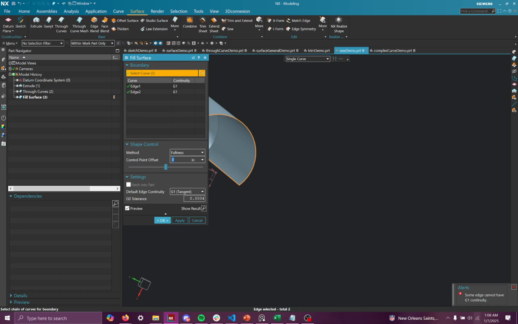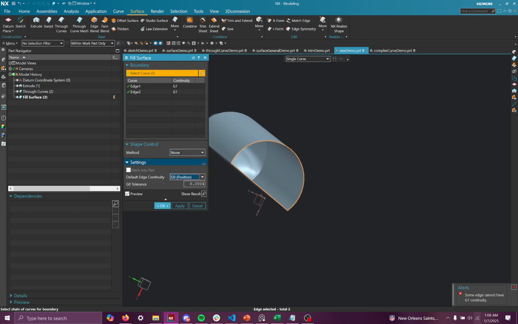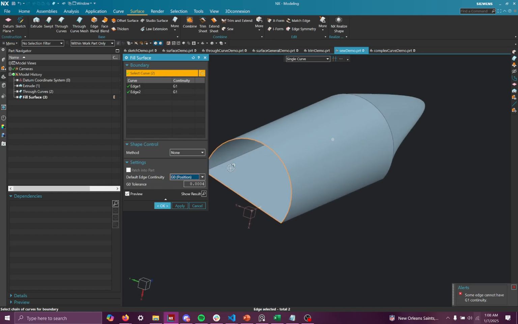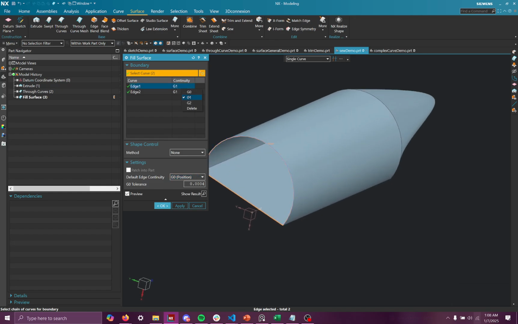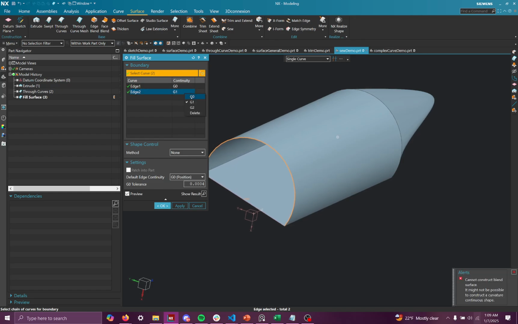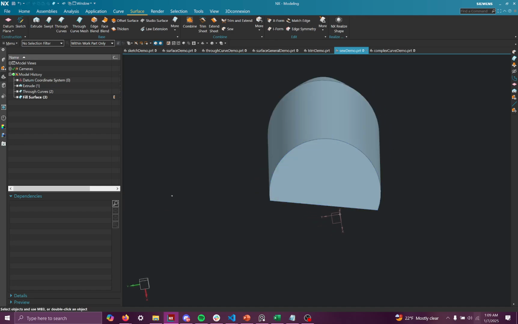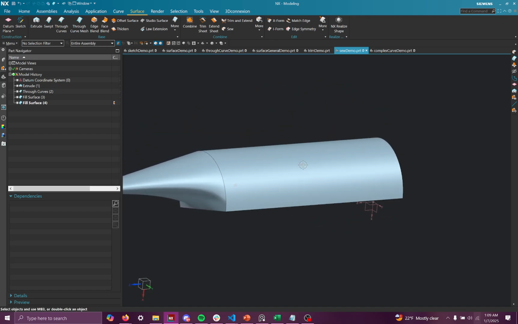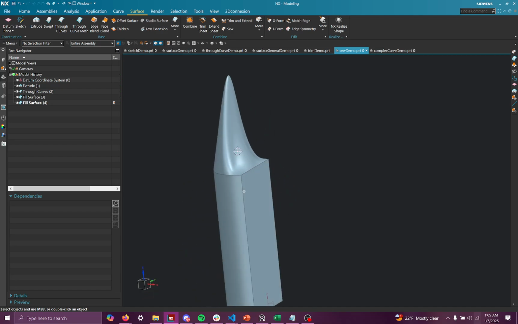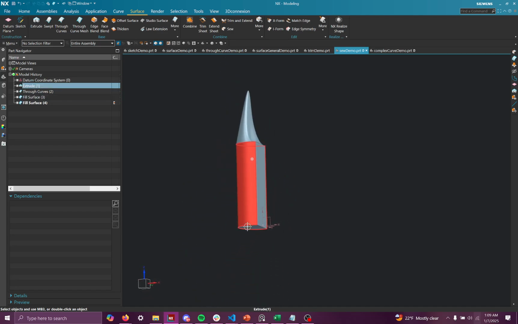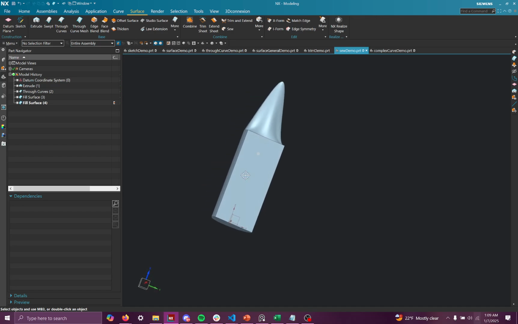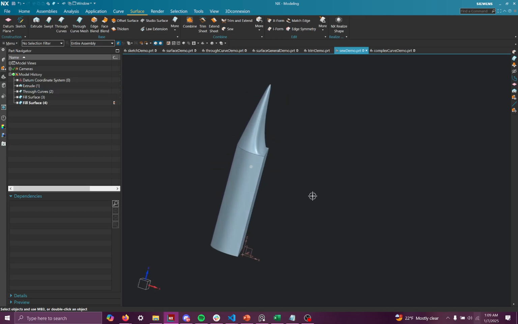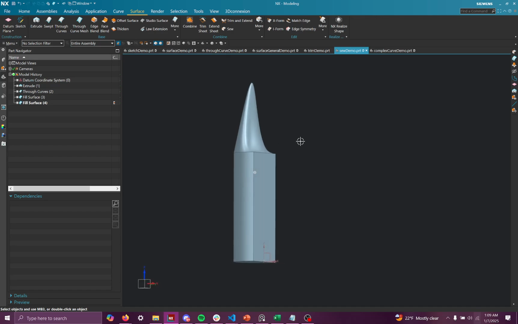Let's go to the other one here. I'm not going to bother with fullness on that one. Some edges do not have G1 continuity. Okay, in that case, you can just go up here and change it. Should be able to change it manually. Yeah, change it manually to G0. That should help it. And then now we have 1, 2, 3, 4 surfaces that encapsulate this